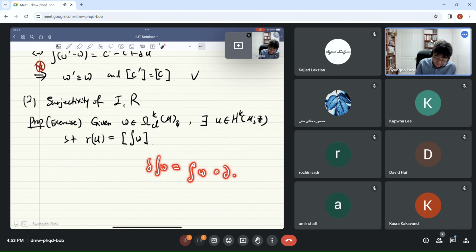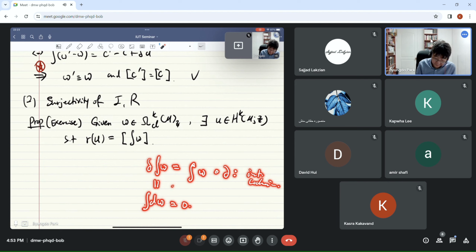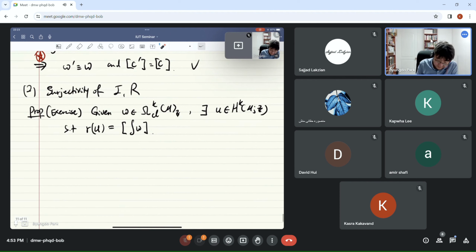So, and this must be an integral cochain. And then at the same time, this d and d commute. Then this must be 0 because this is a closed form. So that means this is a cocycle. So the thing, I mean, this real cochain,